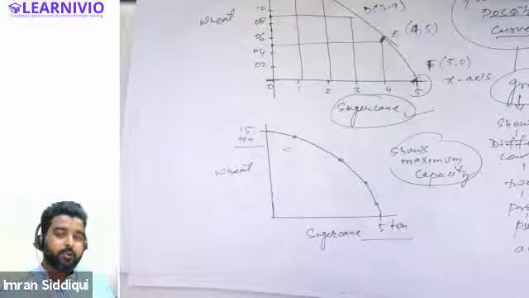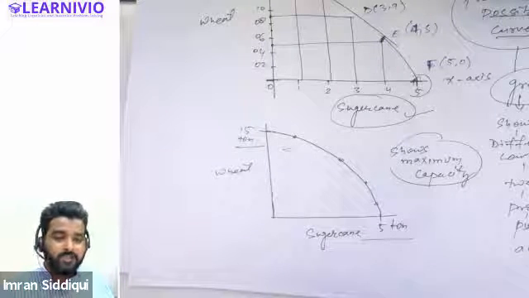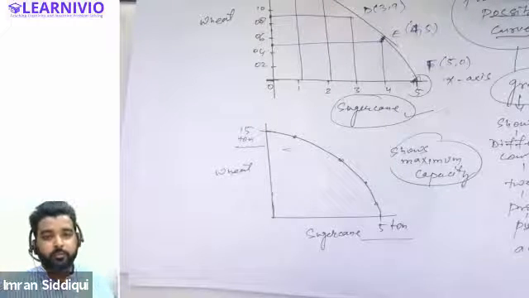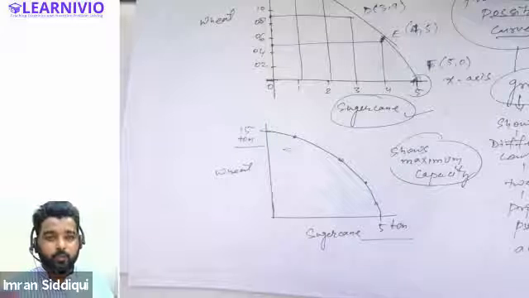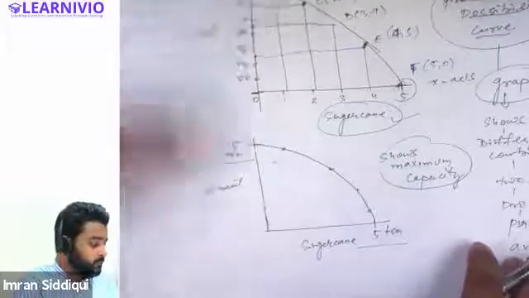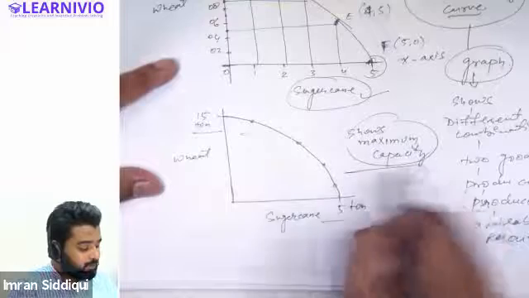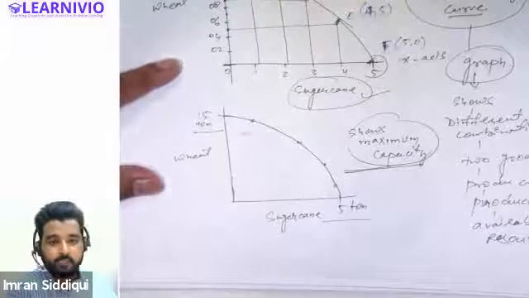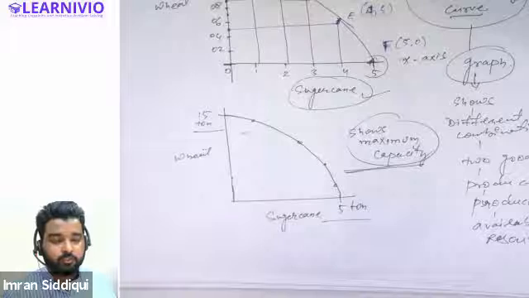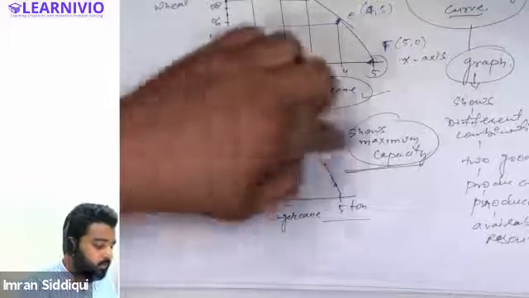But a producer cannot go beyond his capacity. He cannot produce 16 tons of wheat or 10 tons of sugarcane. He will not be able to produce such a quantity of output because he has a limited amount of resources available to him. Are you guys getting my point? So basically what I'm trying to say here is that the production possibility curve shows the maximum capacity of a producer to produce two goods. He cannot produce any combination of goods that goes beyond the production possibility curve.